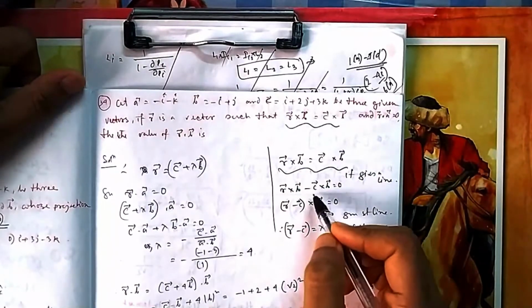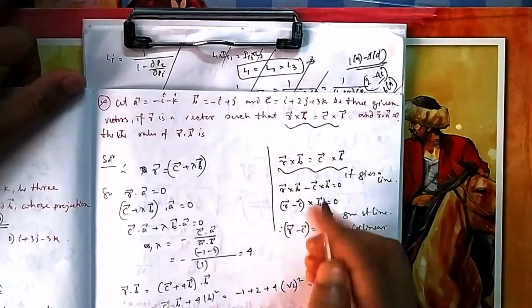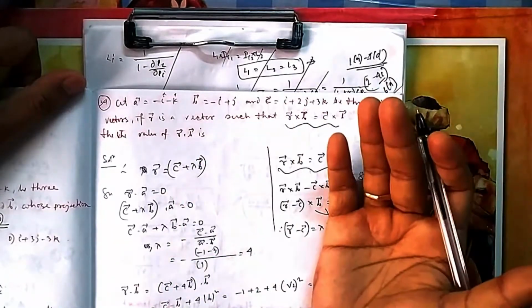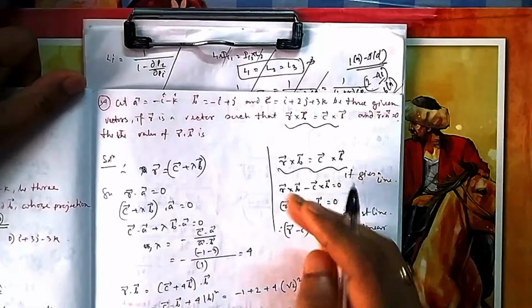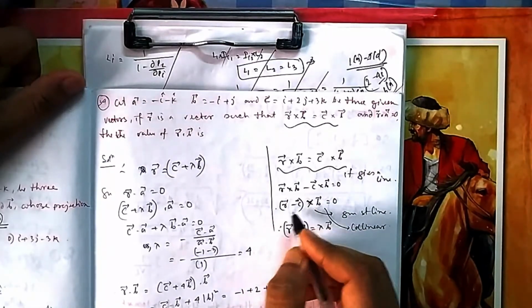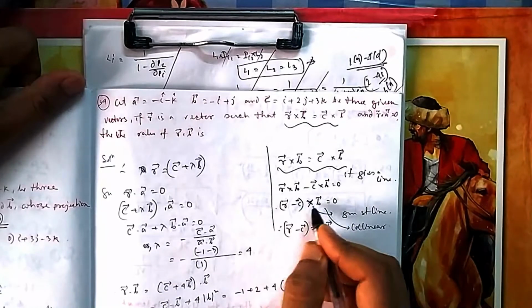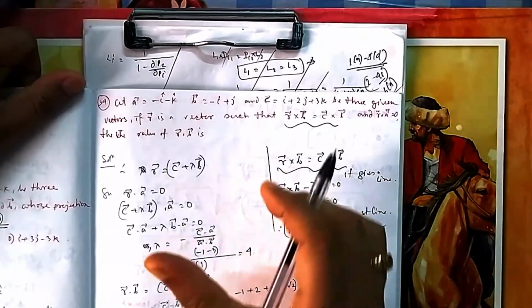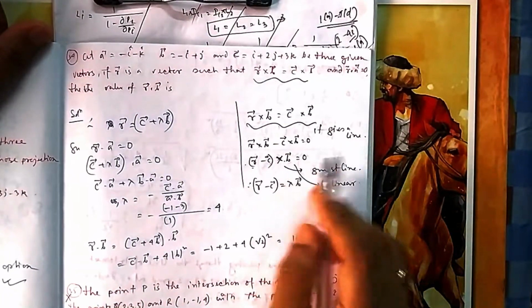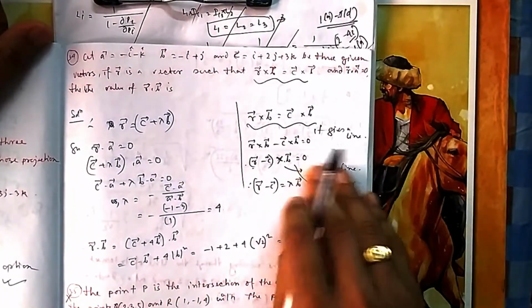You bring it to this side and take R minus C common, because B is on the post side, that is after multiplication, so the cross should be after. You cannot write it as B cross R minus C, because after opening it should be R cross B minus C cross B, because in cross product order matters. I am telling you this so many times. So forget about the straight line, you forget about this.